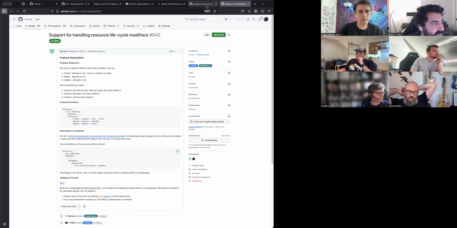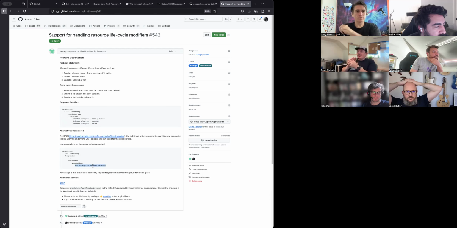What do you think of putting this in 0.4? At least the deletion, because for the life cycle for all of them, maybe we would need to review all the semantics, but I think the deletion one is definitely the one that makes a lot of sense to me right now, and something we can include. Is there a PR for this? I don't think there is.